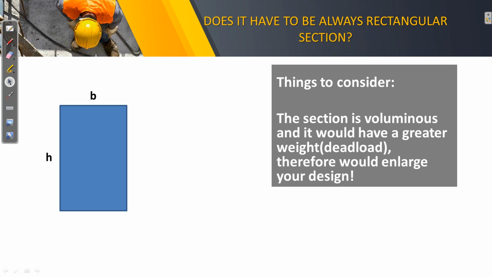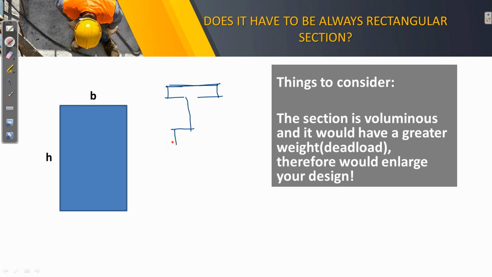So of course, if you have a rectangle, there is no flange here, or your flange is the width itself, and at the same time, it is a web on it. So remember